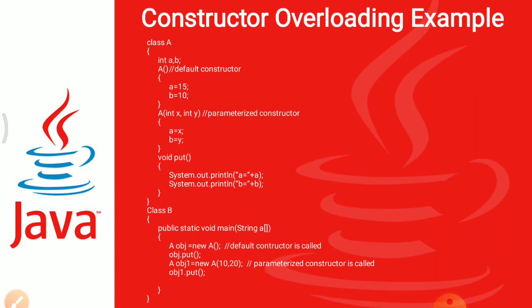When we access the next constructor, A, it consists of two parameters, integer x and y. x and y are the local variables that are copied to our global variables a and b, so they can be accessed everywhere. So a and b have been printed in the put method. In the next step we have an object creation, obj = new A with the values 10 and 20, and again we invoke our method, and a and b now consist of 10 and 20.